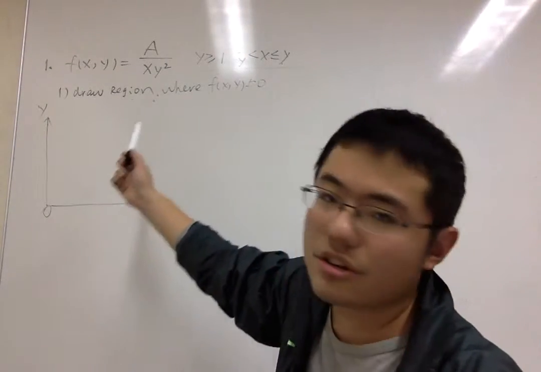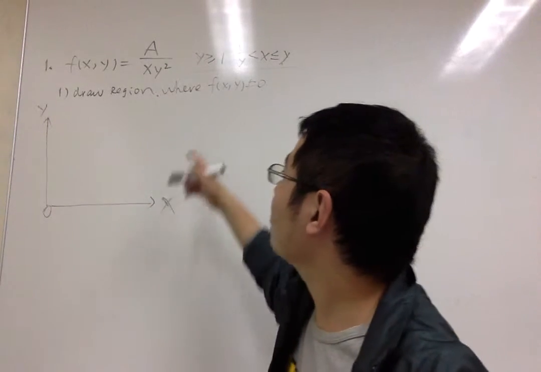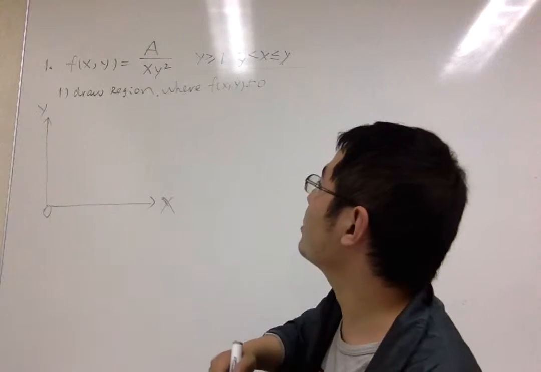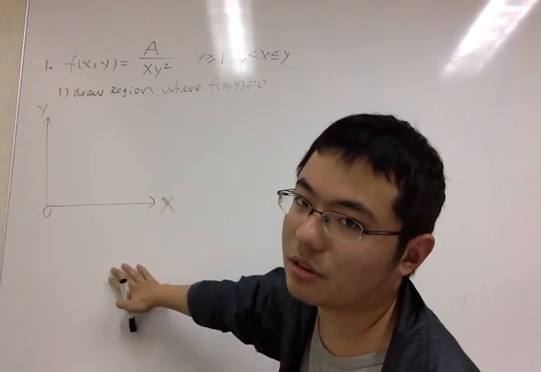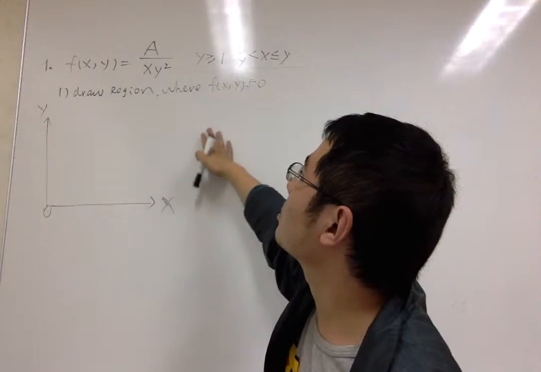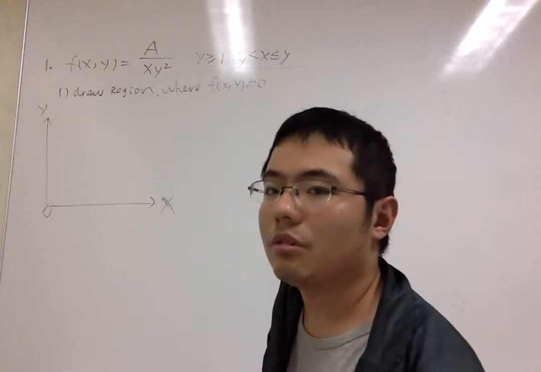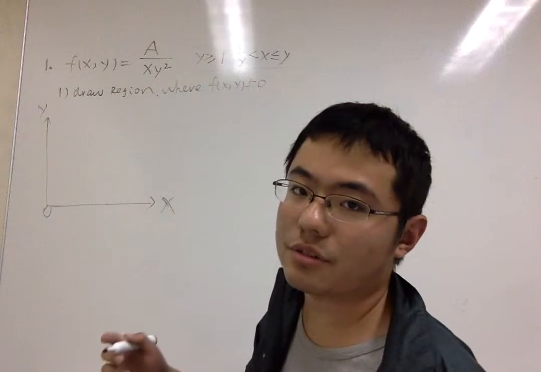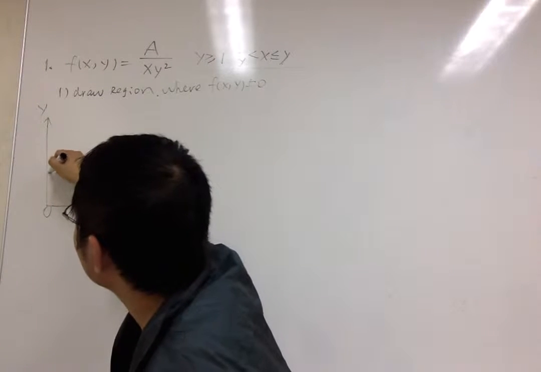We need to draw the region where the density is non-zero. In order to do that, we just draw the region in Cartesian coordinates where y is larger than 1 and x is between 1 over y and y. Well, we're going to take a look at the conditions one by one. First, when y is larger than 1, we just draw